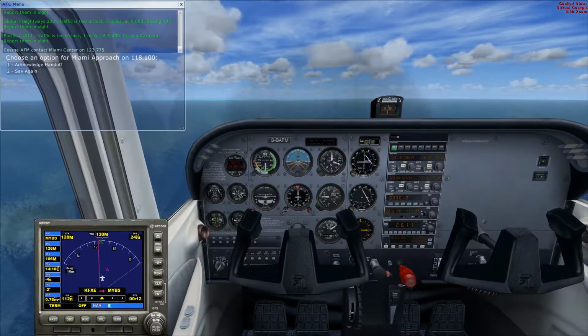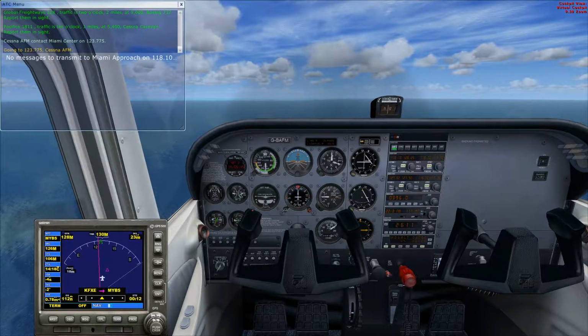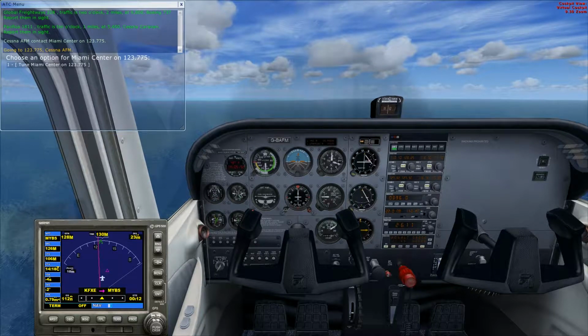123.775. Got to talk to ATC. Going to 123.775, Cessna Alpha Foxtrot Mike. We're going to change our radio to 123.775